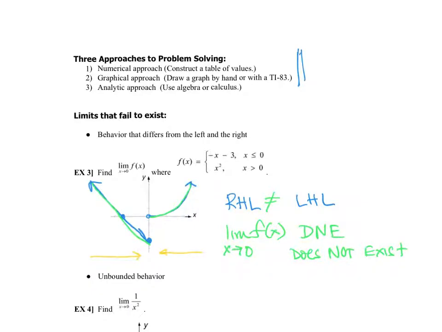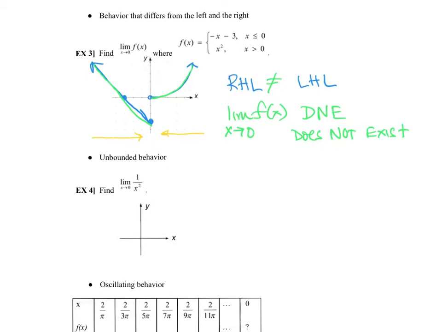All right? Then we have some things that are called unbounded behavior. And so if I graph those functions, if we look at the graph here, we know that we are undefined at 0. So we have a little asymptote there. But our graph, as we come in from the left side, blows up to infinity. And as we come in from the right, it also goes up to infinity. All right? Now, in math analysis, or pre-cal, we said this function did not have a limit. But what we're really looking at in calculus is the behavior